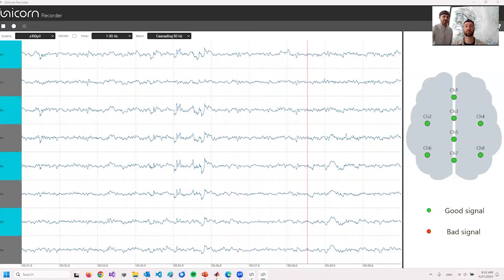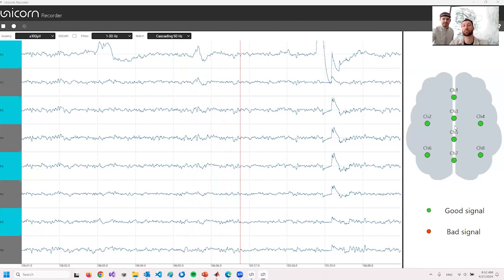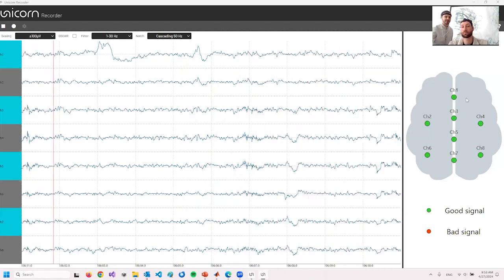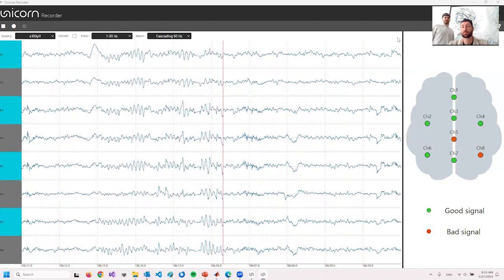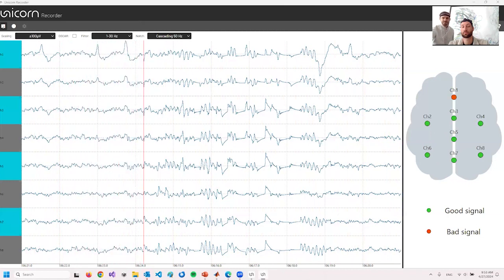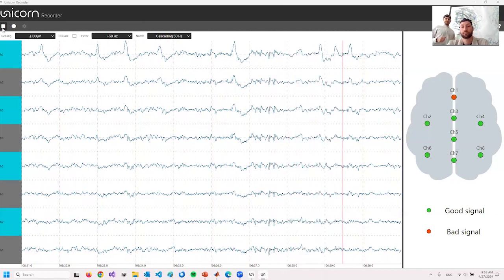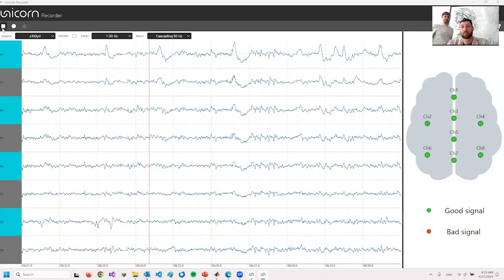I'll stop the Unicorn recorder. Maybe also a small comment: on the right-hand side, you can see the signal quality scope. Right now we have good EEG on all channels, and we should be fine to do some BCI paradigms. Leo is closing his eyes again, and we can see some big alpha waves. This is what you usually do before a BCI experiment. You check your signal quality, you check if the EEG looks fine, and if that's all good, you can start